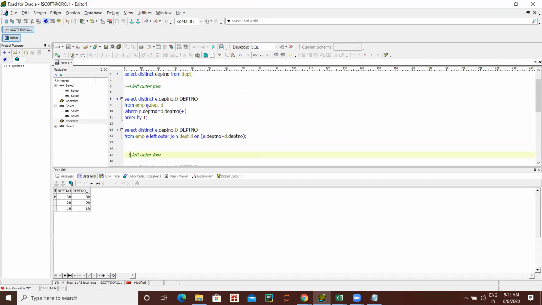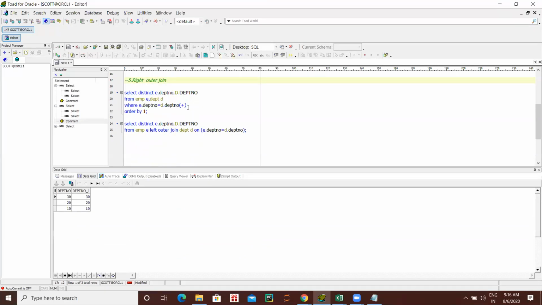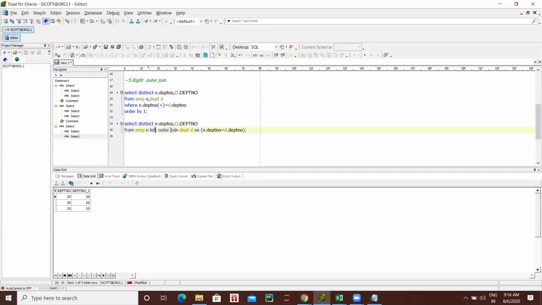Then instead of left, give right. And this plus sign, remove it and give it before the equal to sign. In the below query, remove the left and give right.